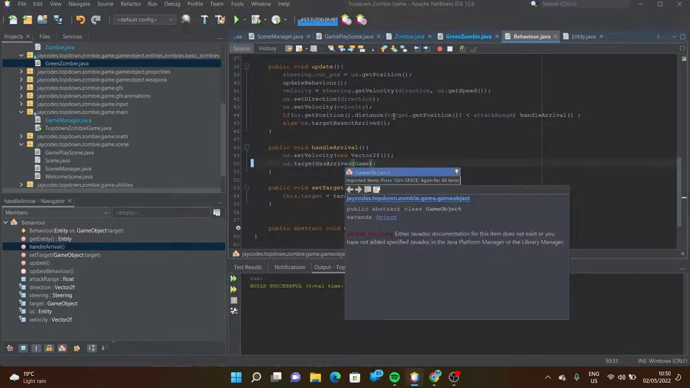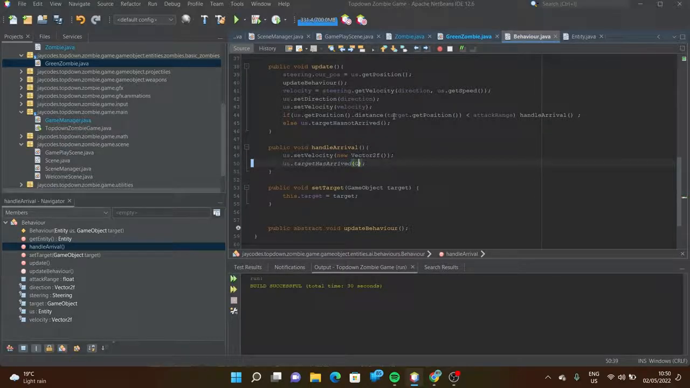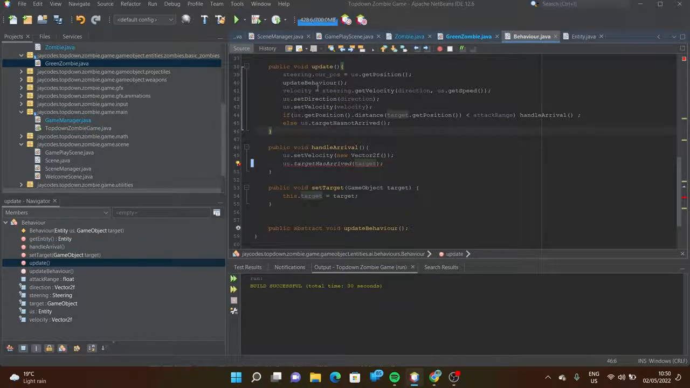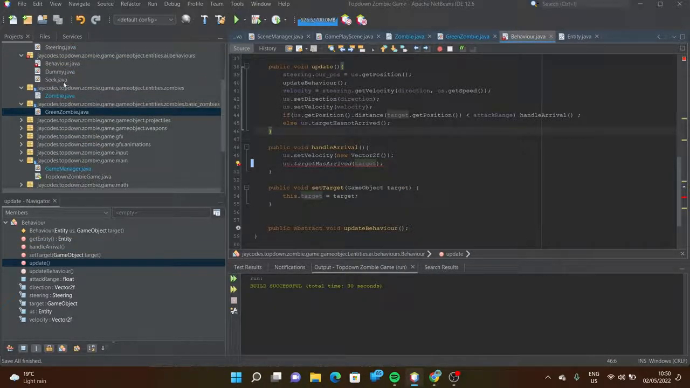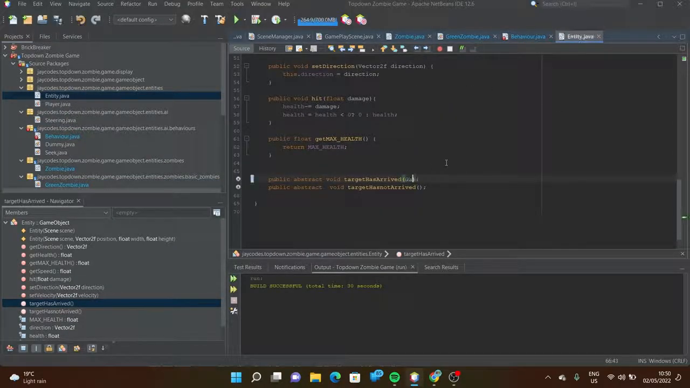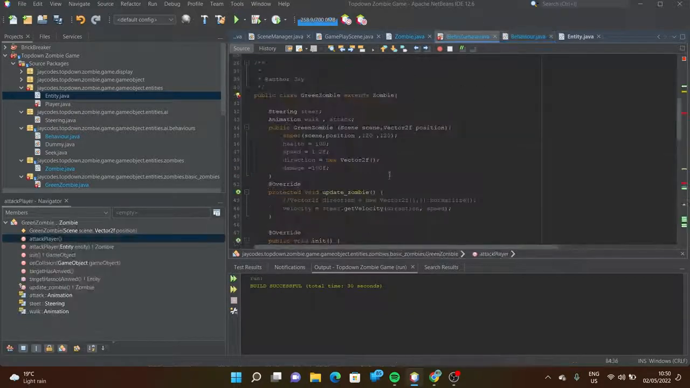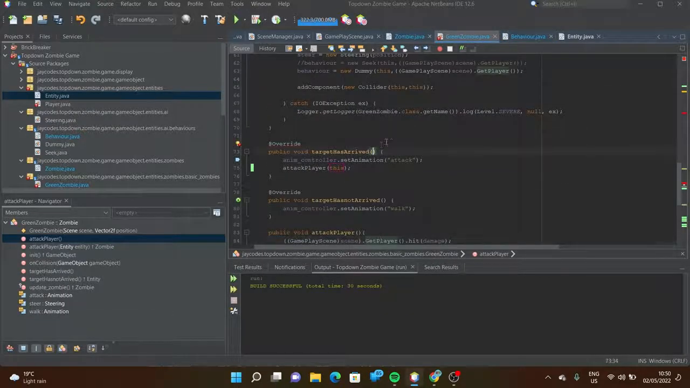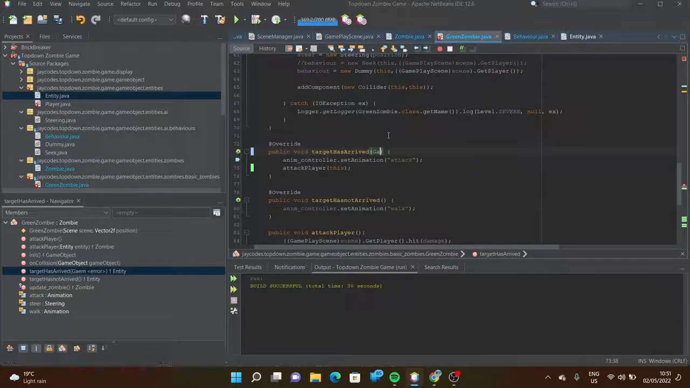So let me just pass in the target. I'm just mutating this method a bit. Calling this target, and let me go back to the entity class and change a few things. So I'll go to the entity and I'll rename this to game object and simply call this target. And when we go back to the behavior, to the green zombie, I'll just simply say game object target, and inside here,